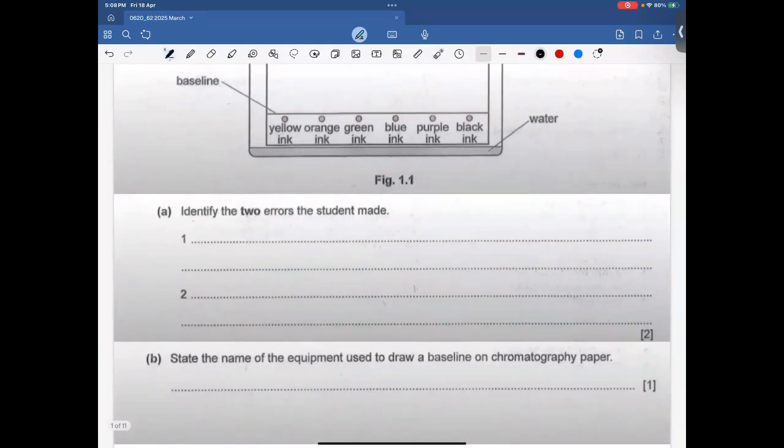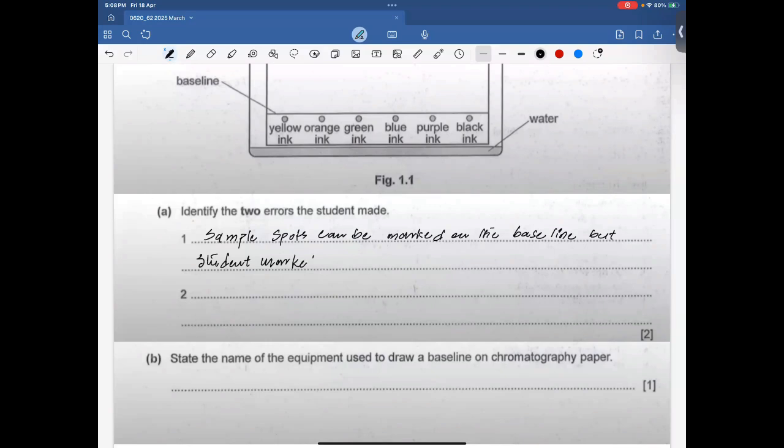Okay, so the first error is that sample spots can be marked on the baseline, but the student marked them below that reference line. Second